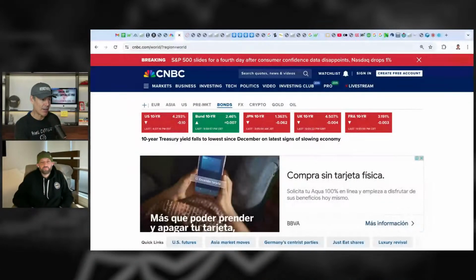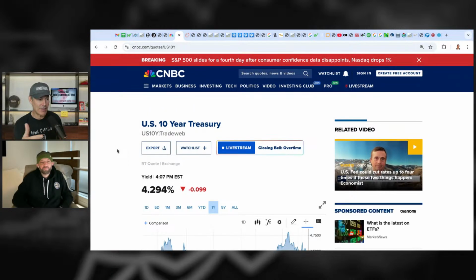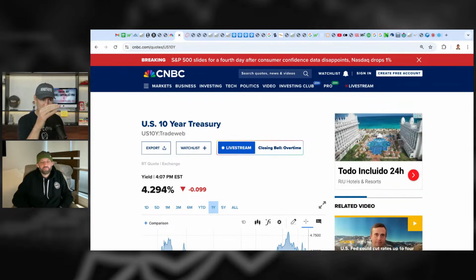Let's see where it is. Yeah, so we're down at 4.29. And again, guys, the Fed funds rate is 4.33. So the curve between the front end, the overnight rate, and the 10-year Treasury yield is now officially inverted again. I don't know if this cycle is going to play out any differently, but so far, the noise that we're seeing in the cycle with these interest rates, the bull steepener, the bear steepener, et cetera, is playing out in a unique way.